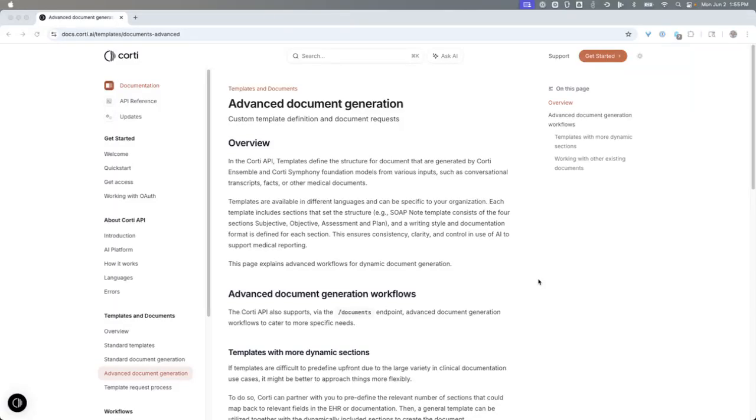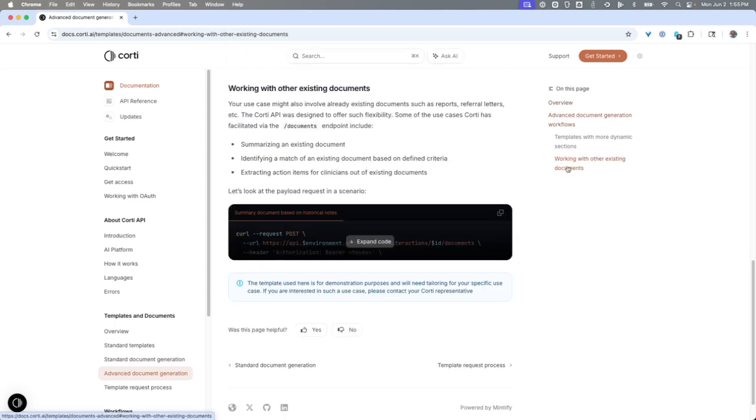Here's a quick video explaining how to use the documents endpoint to create a summary based on other existing documents. First, I'm on docs.corti.ai under Templates and Documents, Advanced Document Generation, and we'll scroll down to the Working with Other